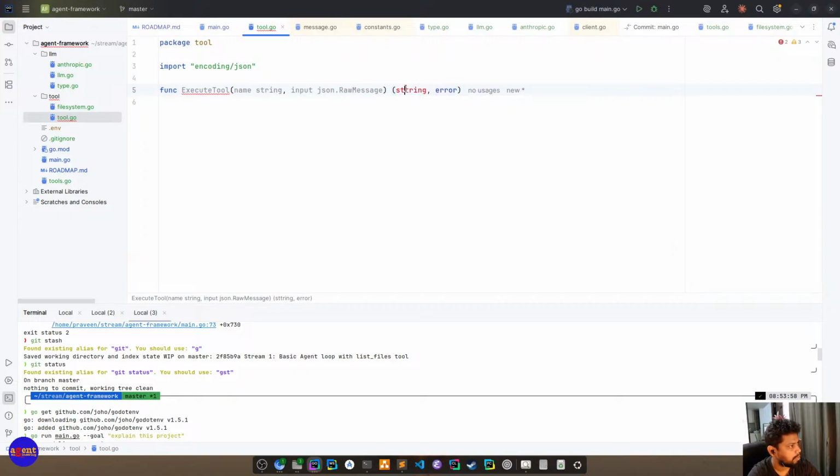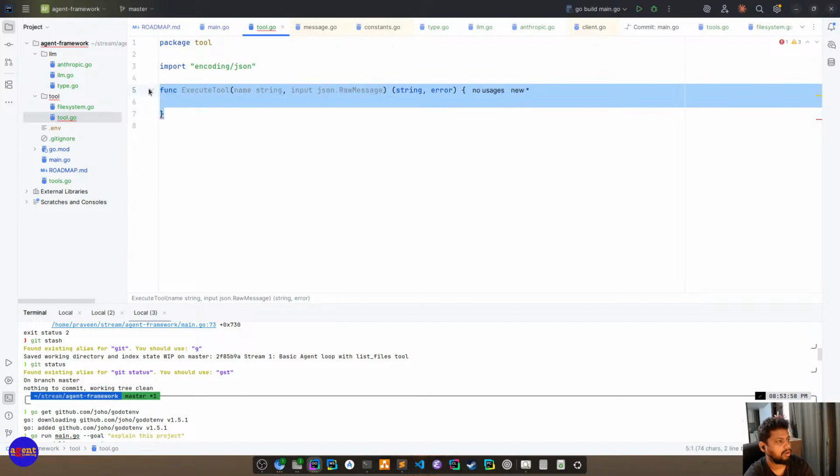There's some problem with my keyboard. There are too many T's.